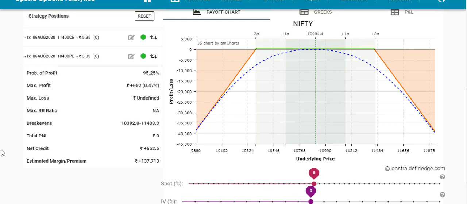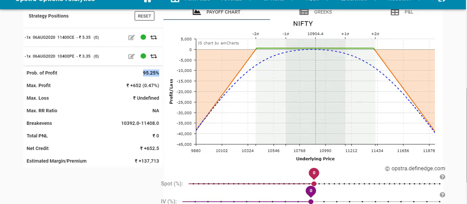And guys, you have seen lots of people sharing strategies where they show a risk reward of 1:5 or 1:7, like a loss of 1,000 but a maximum profit of 8,000. But in those strategies your probability of winning will be very low, around 20%, 30% max. But here look at the probability, 95%. Definitely you will make this money.